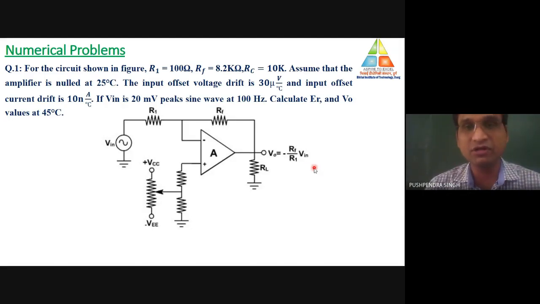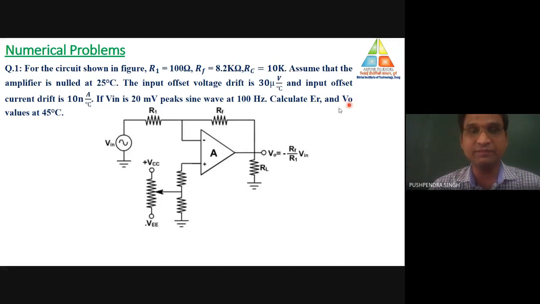First of all, with the help of that, we are going to calculate the error voltage, and based on that error voltage, we will calculate the final output. That's why in questions related to drifting, you need to calculate the value of EV, which is called the error voltage, and the final output voltage. For calculating the error voltage, I will give you the formula, and we will also see how to calculate V naught.